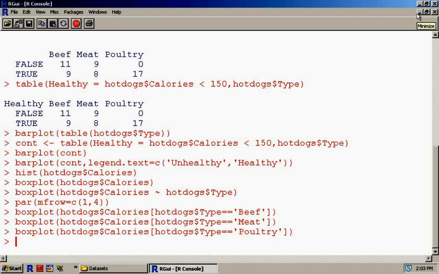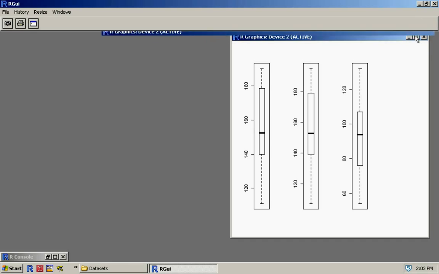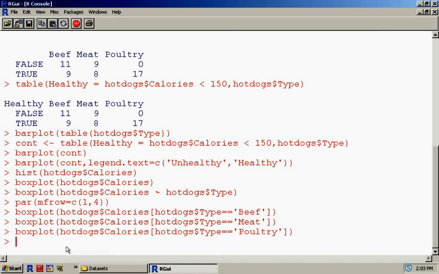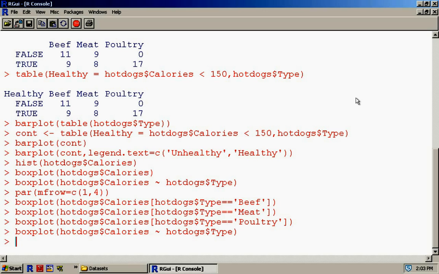Okay, so what I did is I just plotted the three different types on the same image. And the problem with this, as you can see here, is that now they look very similar, but if you look at the y-axis, the scales are very different. In the last one from poultry, I go from 60 to 120, whereas for the other two, I go from 120 to 180. And so this is why doing it the first method I showed you, by using the tilde symbol here, is much more important,